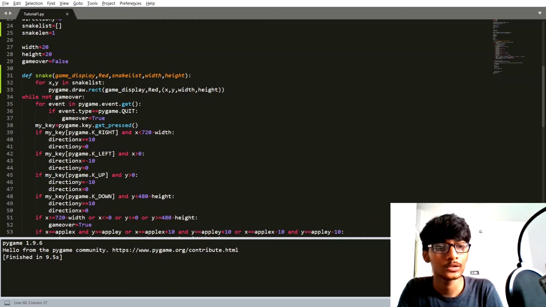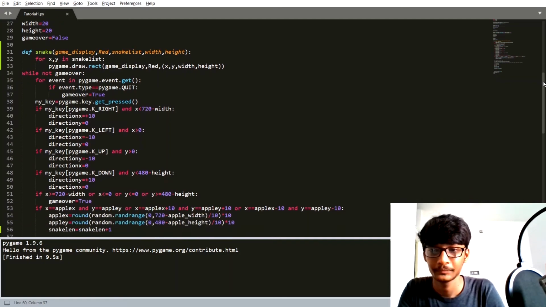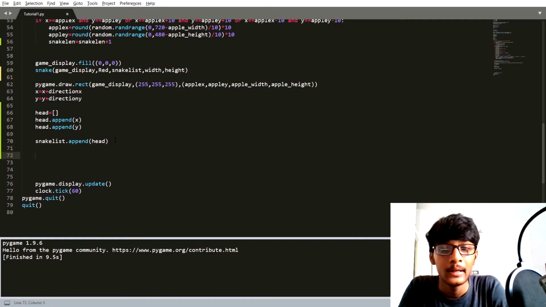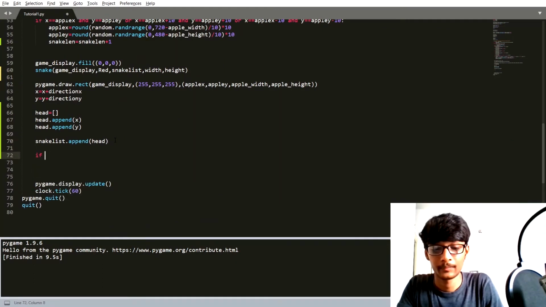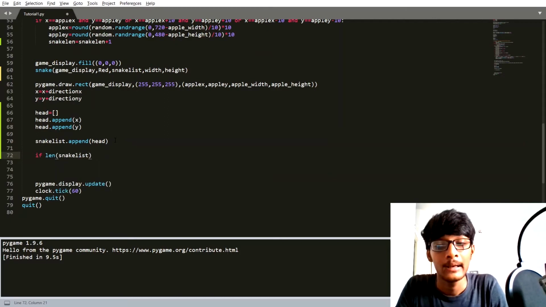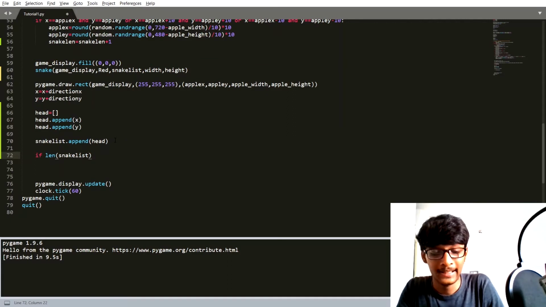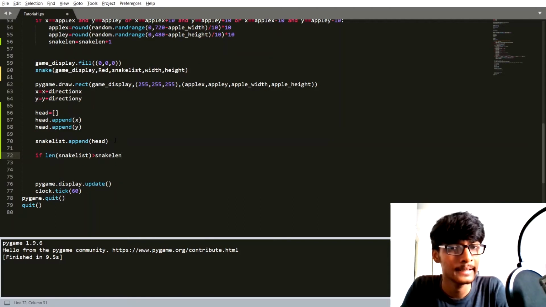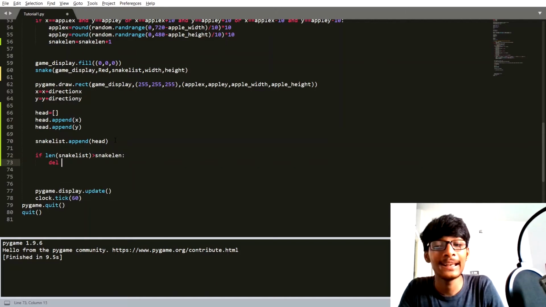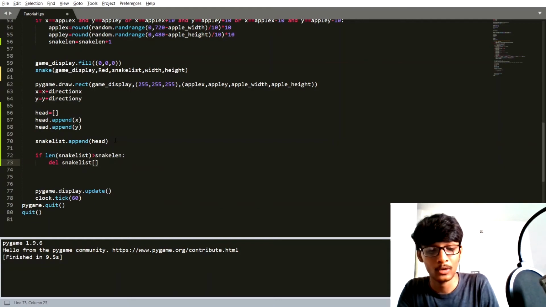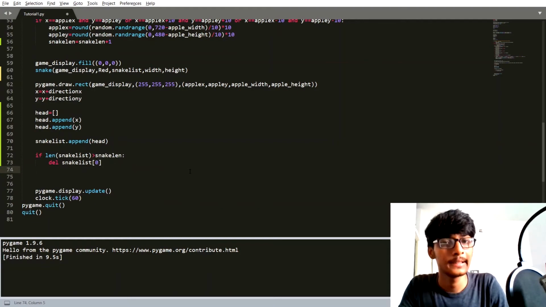So we are going to apply another logic: whenever the length of the snake list is greater than snake length, we are going to delete the last element, the zeroth element, inside our snake list.